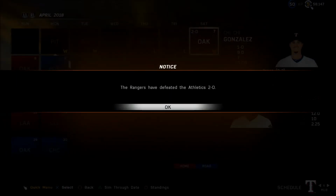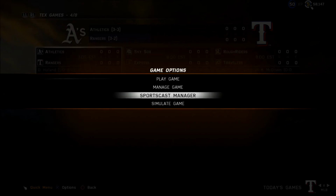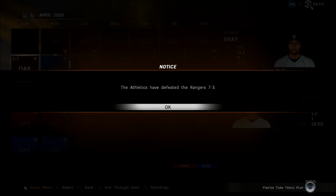And the pitch. Breaking ball lifted in the air to center field. Kiermaier going back to the track at the wall. Jump. Second and third, nobody out now. Yadier Molina. Infield will